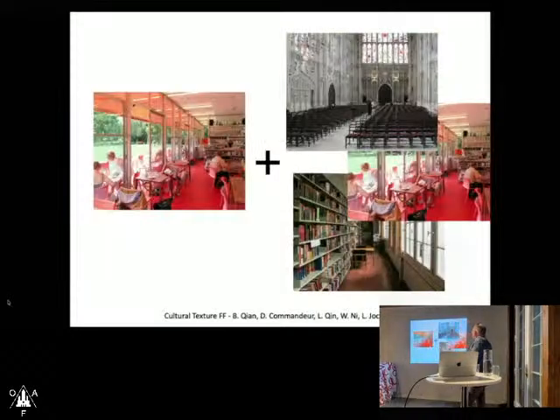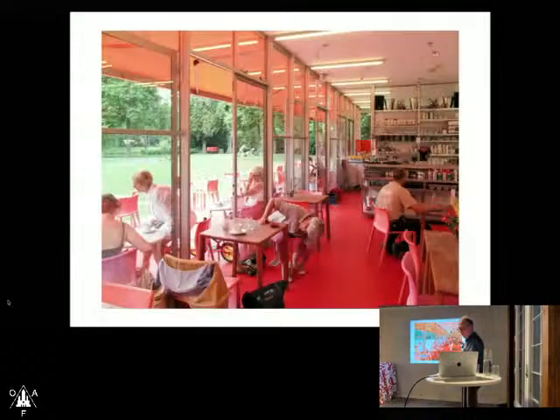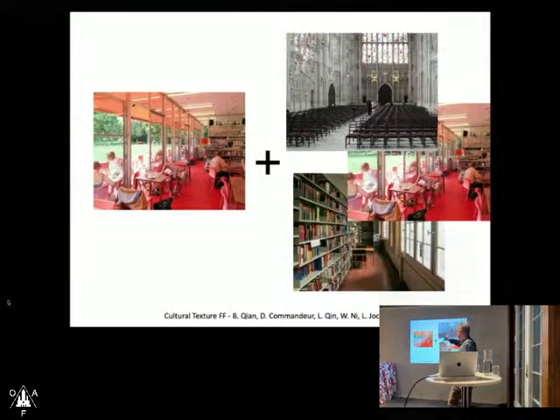Or another nice observation: here we have a space, and we're going to apply these three styles to that space. But the funny thing is that in this image on the left, you have a window and you can look out into the park. But in these images, there's stained glass, or here it's too bright, so there's no window and you cannot really look out. So what will it do with the window? That's an exciting thing.